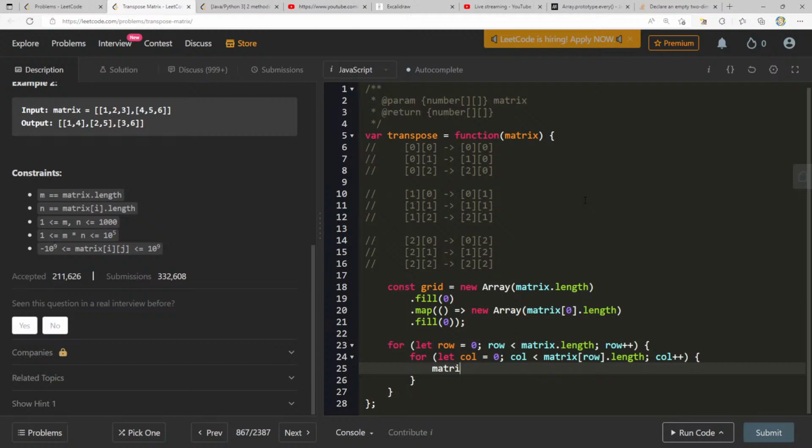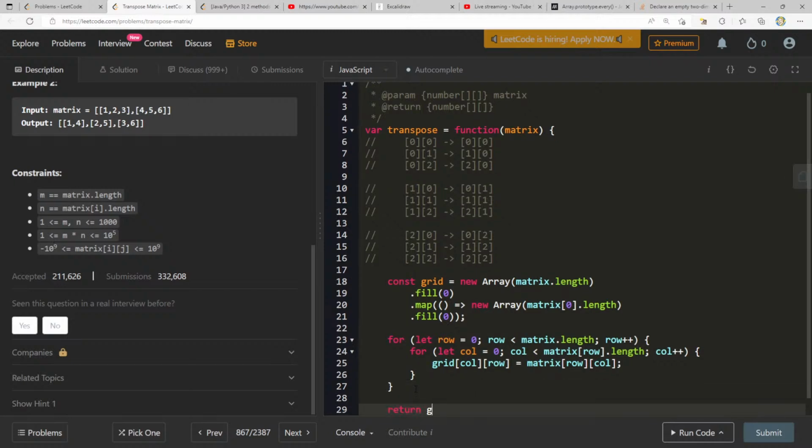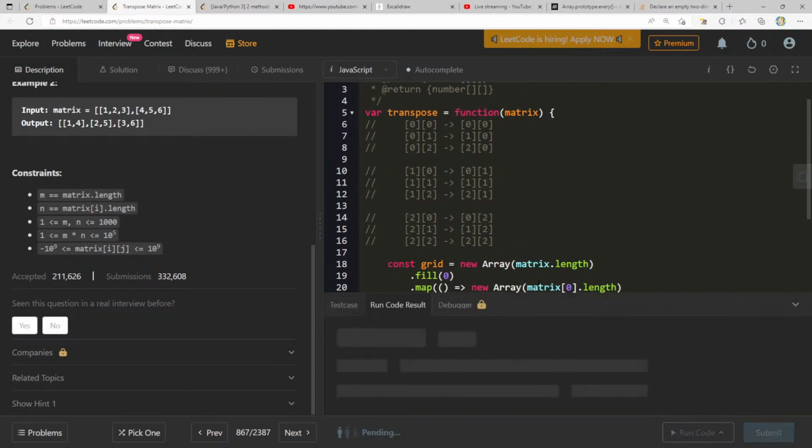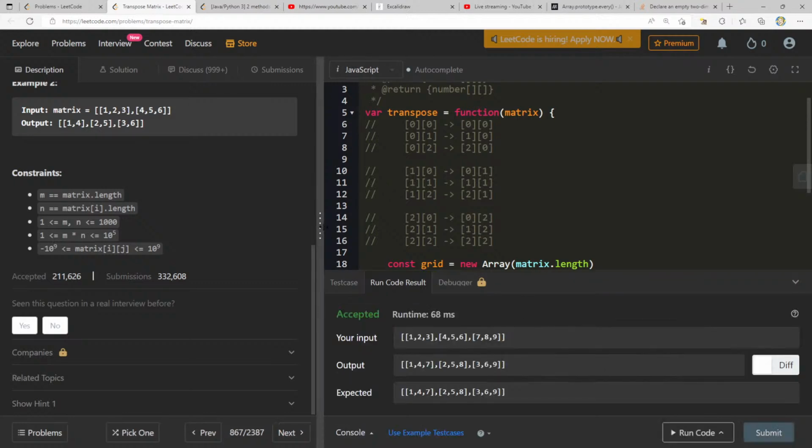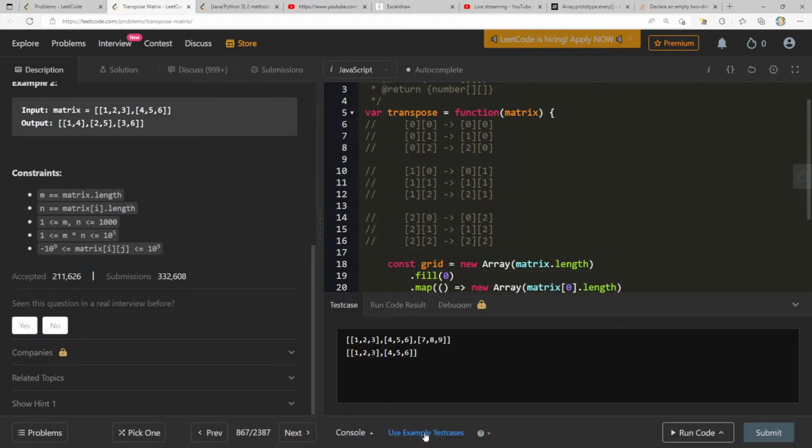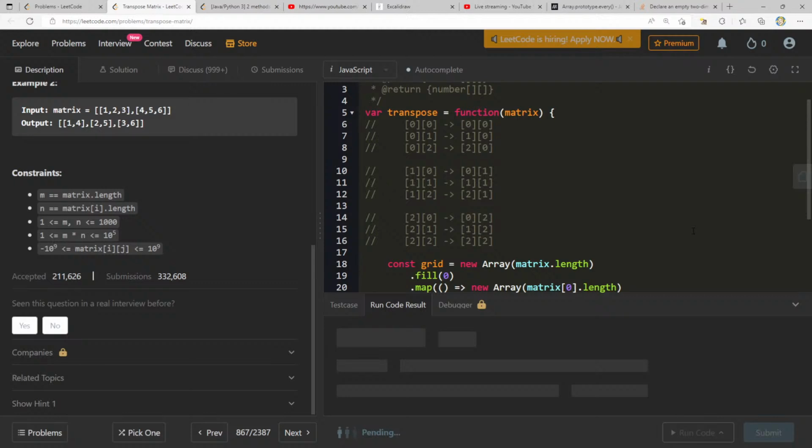So in the new place, I think we should do grid[column][row] equals matrix[row][column], because this is going row column, but this is going column row. And then let's just return grid. I feel like this should give us the answer. 147, 258, 369. Let's try the next one.